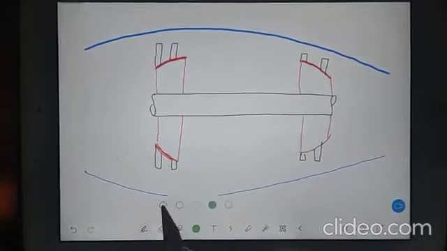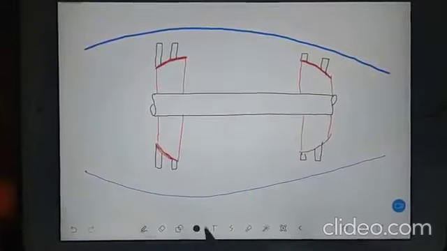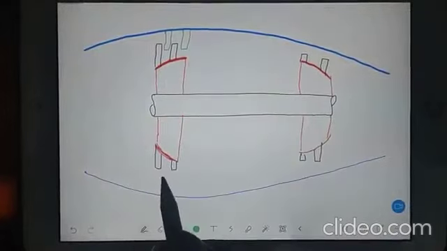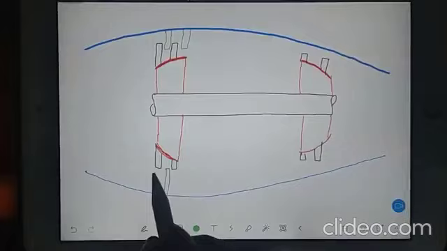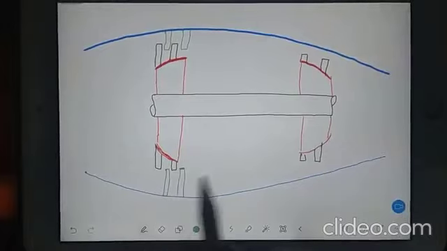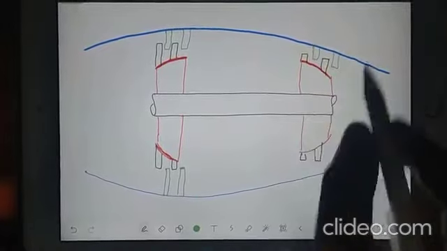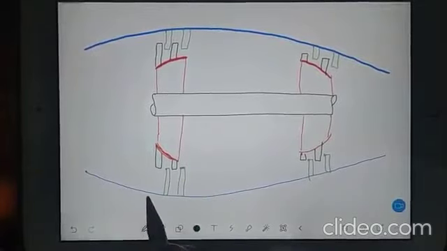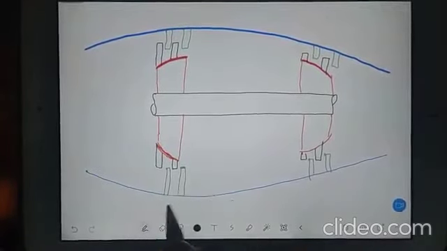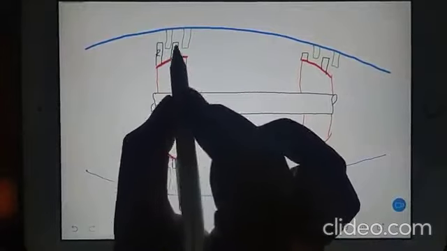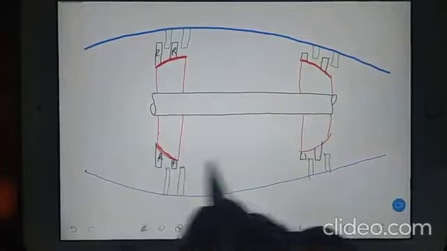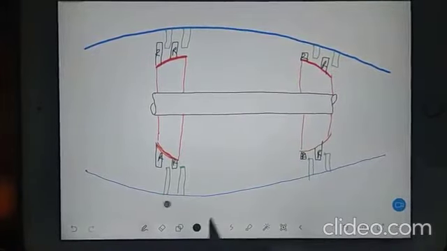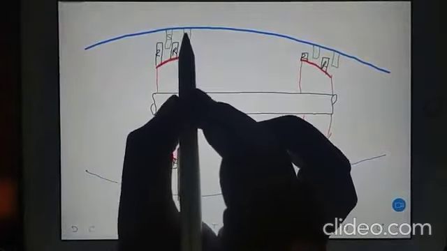Thank you. And then you put one blade here, one blade here. So the black color blades are known as rotor blades. They are rotor blades in the compressor also and in the turbine also. And the green color blades are known as stator blades.